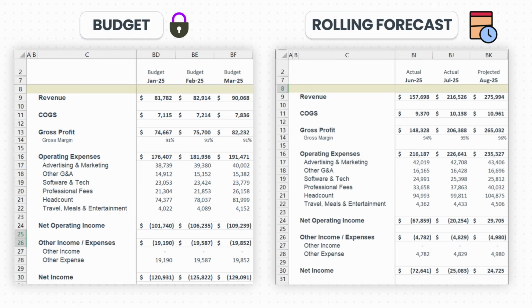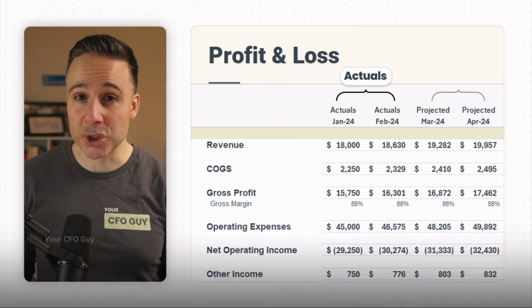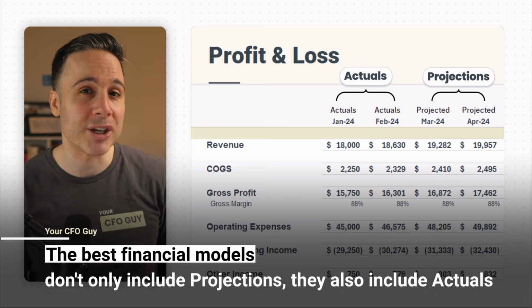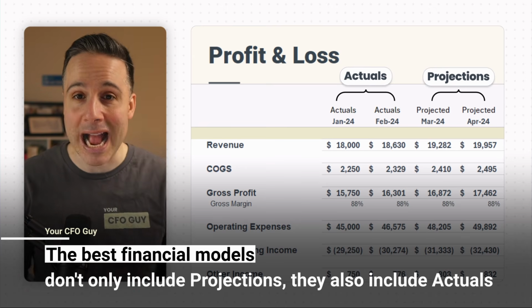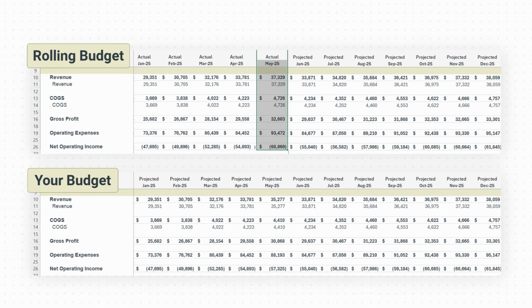And that's a key concept, actualizing your financial model. See, the best financial models don't just tell the story of where the company is going. They also tell you the story of where you've been by including actuals from your accounting software. And that's key because each month in your rolling forecast, you're gonna wanna roll forward your forecast with a new